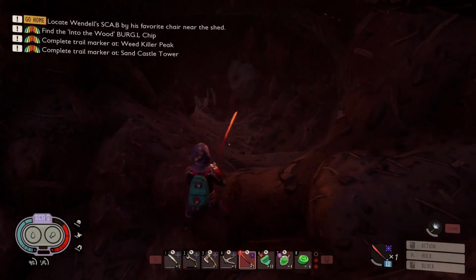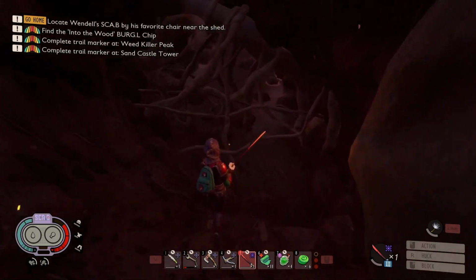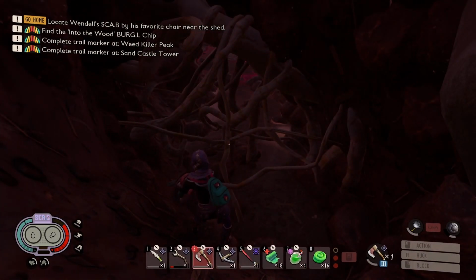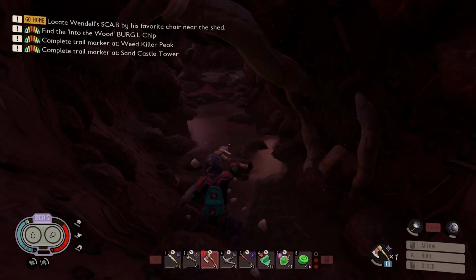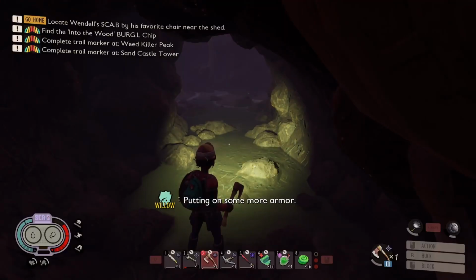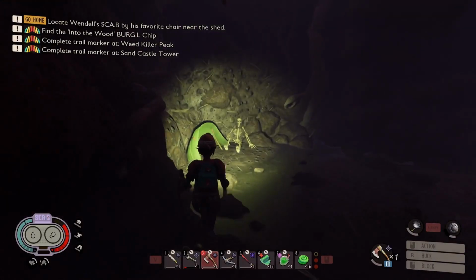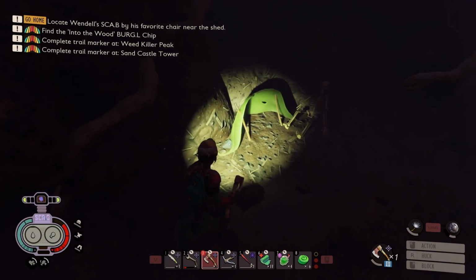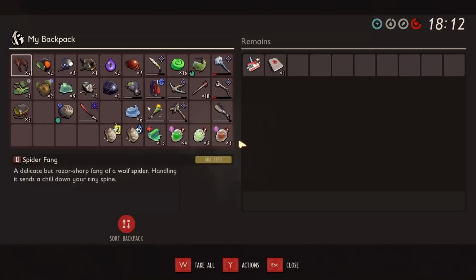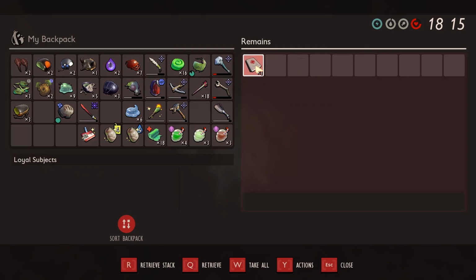Oh gosh. Am I gonna need my light? So far I don't. What does this need? Conveniently, I have one of those. Thank you, game. Ooh. I will need my light. More armor. Hello, dead man. What you got for me? An intern badge, hauling strength and movement speed, and another thing that